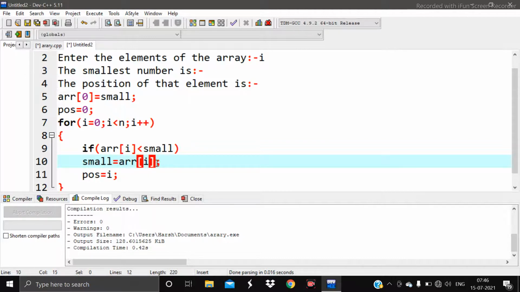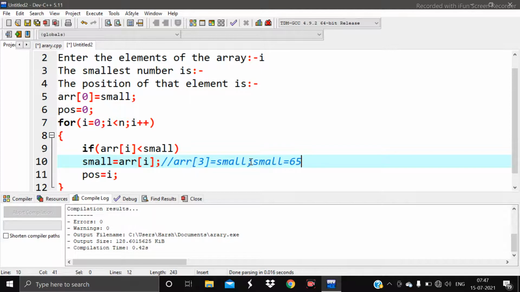For example, if the fourth element is equal to small, and that value is 65, then 65 will be the smallest element present in the array.